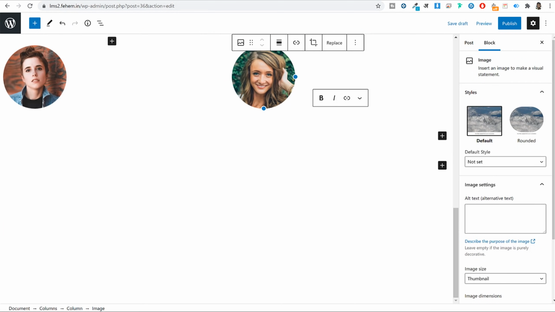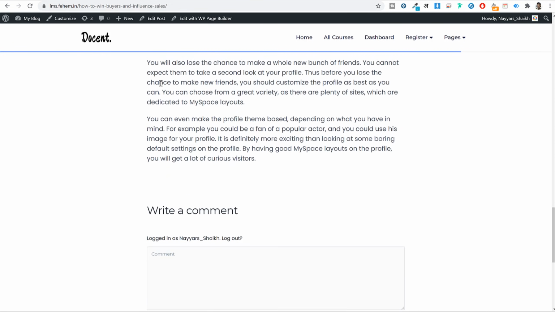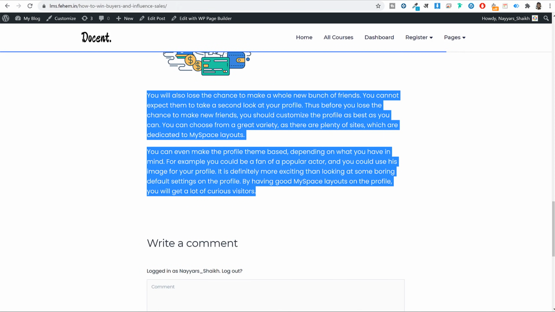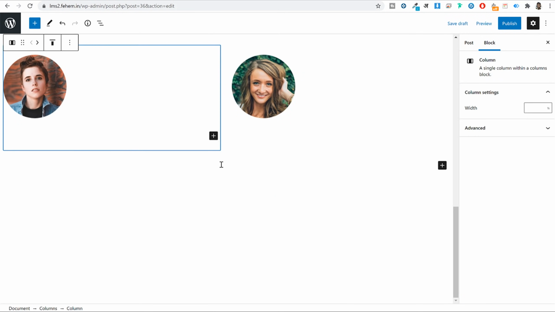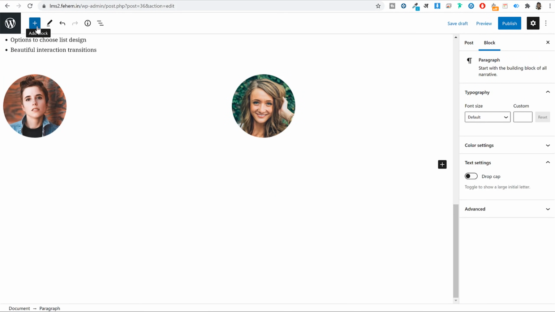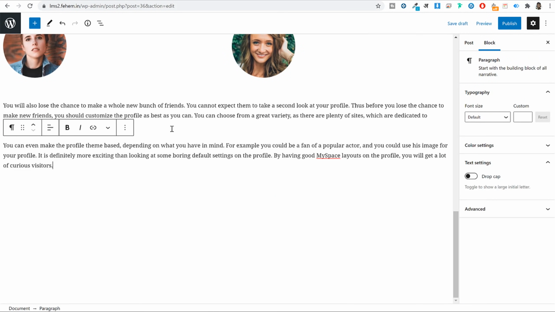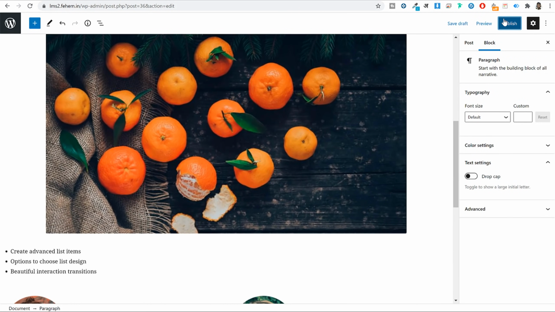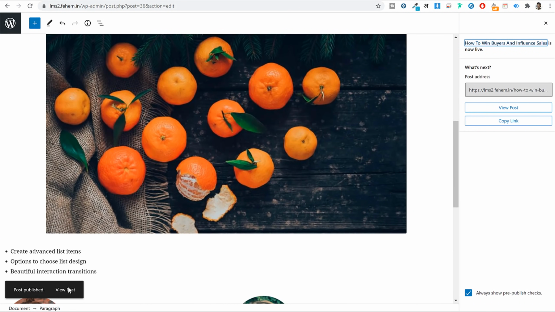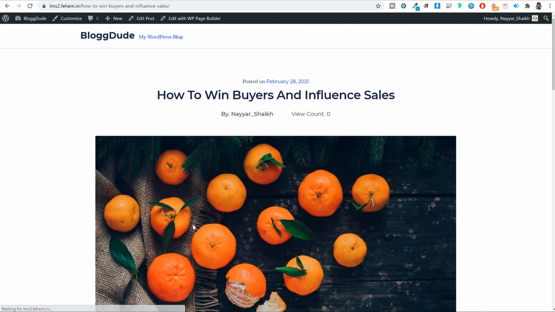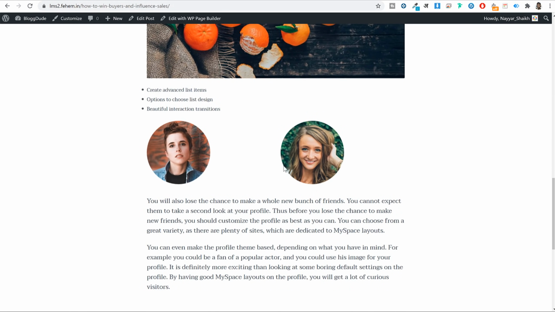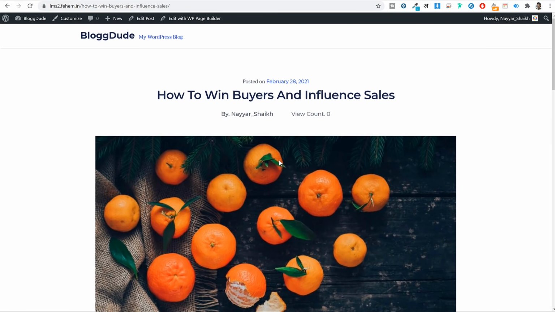And again, at the bottom, we have simple text like this one. So I'll copy it, paste it at the bottom. Or if you don't get this paste option, you can click on add block and add a simple text block. Once it is done, you can just publish this post, and this is how your blog post is created. If you click on view post, this is how it looks. As you can see, multiple columns, list, all the things that we have added. So you can go ahead and create many different posts like this.